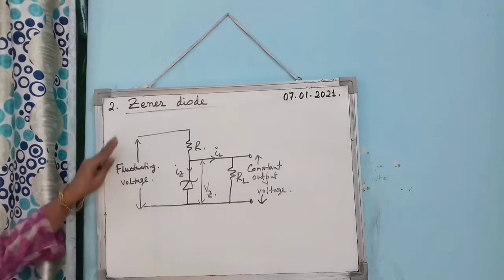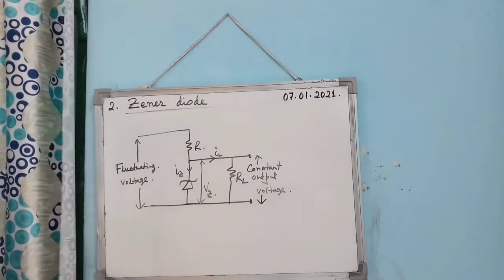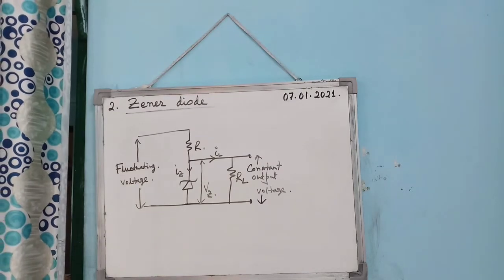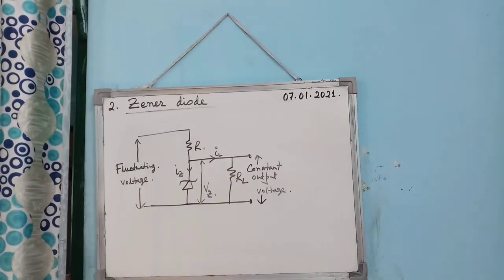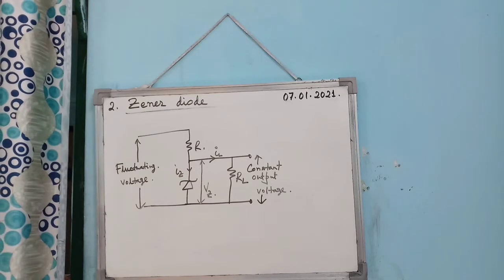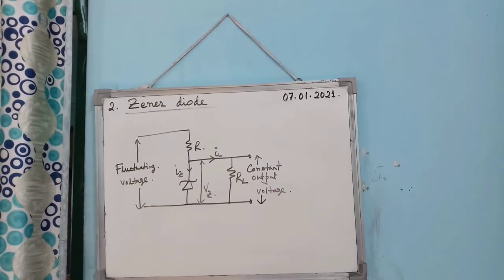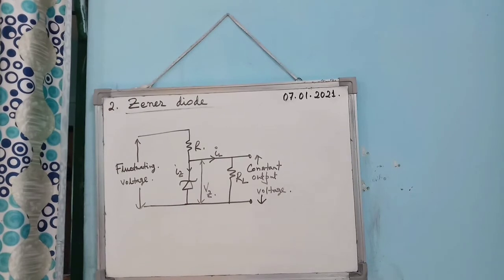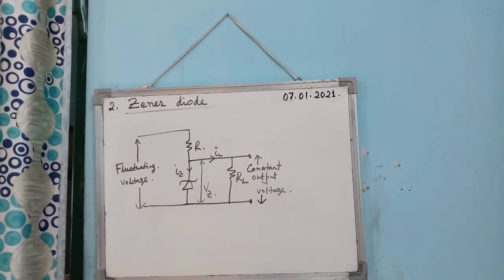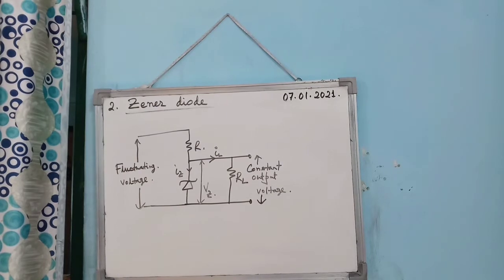Now this circuit diagram is important, and the last point, the principle, how does it work, as I wrote: the voltage across the diode remains constant although there is a change in the reverse bias current passing through the diode. So this is the circuit diagram, very important. But one thing I am also reminding, because this question came last year also, it may be repeated because it is an important topic. That's why you must learn and practice the diagram. And please do not forget to write each and every piece of information I wrote on the circuit diagram.